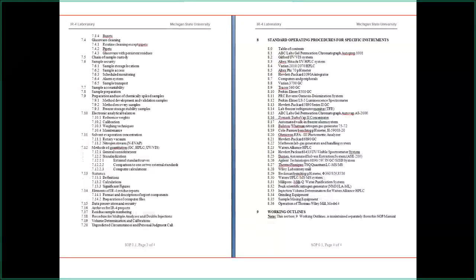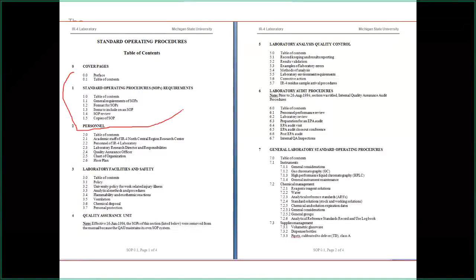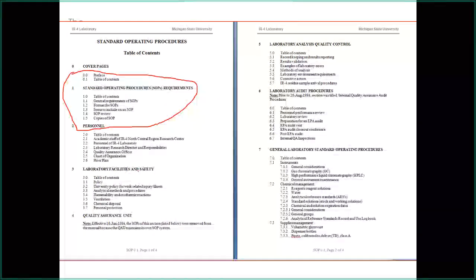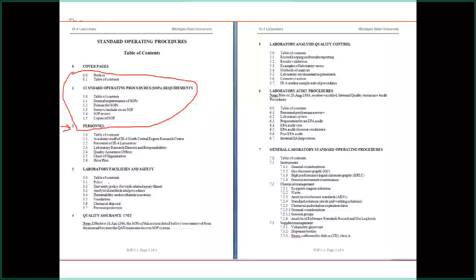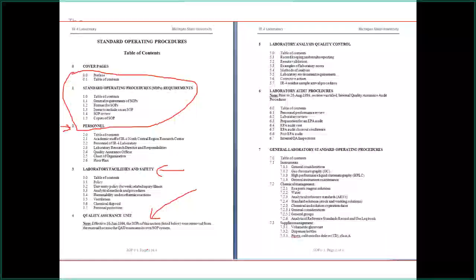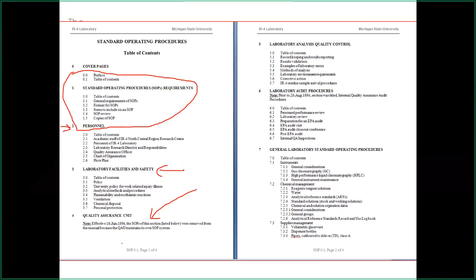Okay, and you will see. Let's go back a little bit. You will see the very beginning is SOP on SOP, which is how you handle the SOP, how you write SOP. Then it's about the personnel. Then it's about the safety. Then it's about the QA. So a long time ago, QA, quote unquote, was sort of like QC. It was part of the lab until a certain time, when QA became totally separated. So IR4 started, I think it's